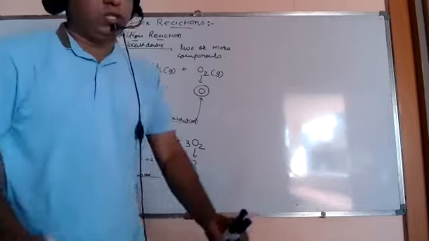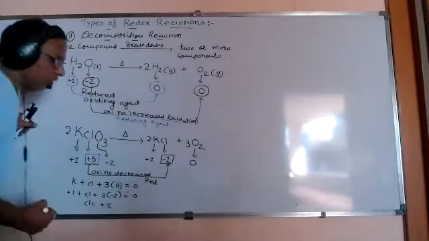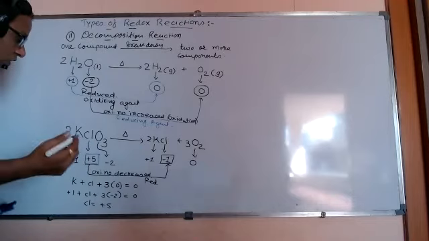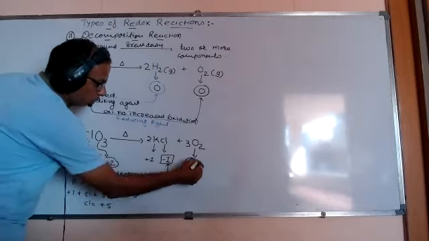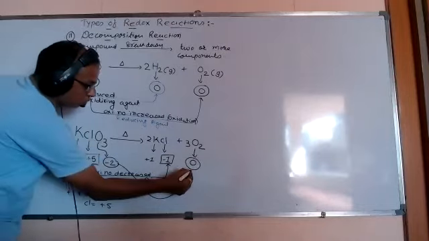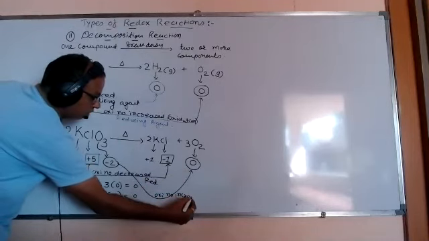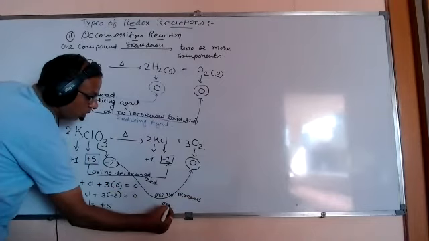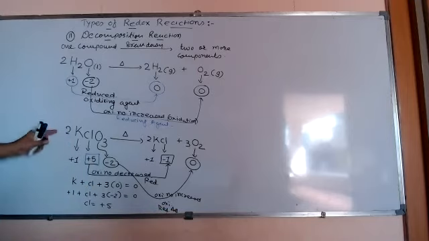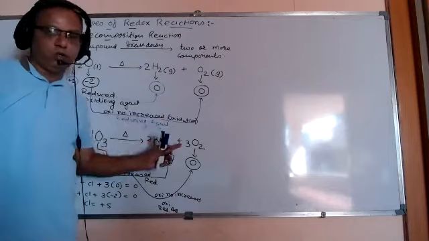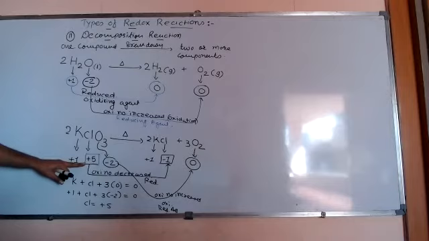Oxidation number decrease is called, friends, reduction, and it is the oxidizing agent. One more element, oxygen -2 to 0. So you can see, friends, -2 to 0. Oxidation number increased. So it is called oxidation and it is the reducing agent. This is potassium chlorate; potassium chloride and oxygen gas are obtained. I repeat, this is the +5 oxidation number of chlorine.